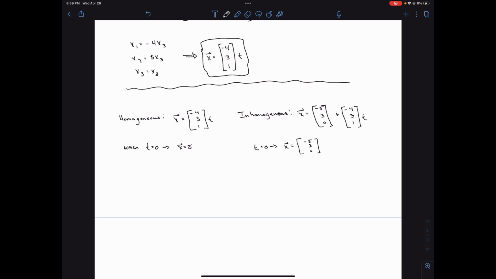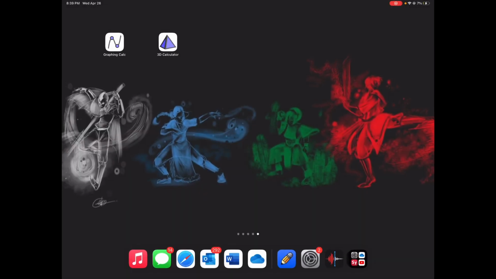So when t is 0, the homogeneous solution is 0. X and y are 0 respectively, and when t is 0 for the inhomogeneous, we have both x and y coordinates. So if we hop over to GeoGebra,